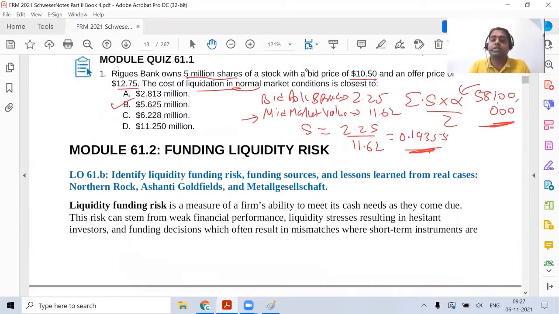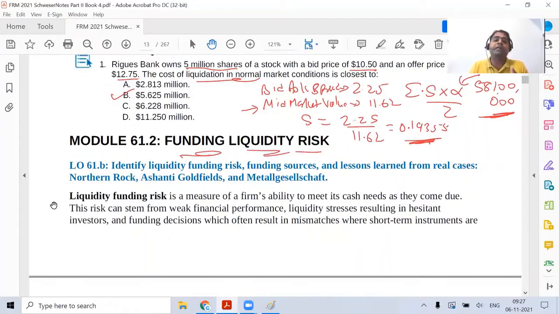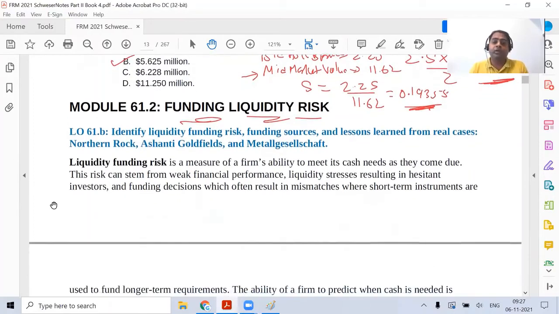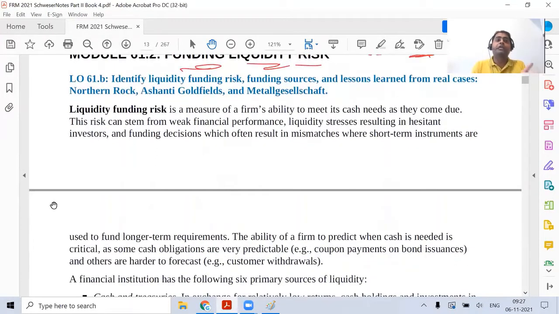Let us move towards the next concept, which is funding liquidity risk. We talked about trading liquidity risk. Now we're moving towards the funding liquidity risk section. Funding liquidity risk means primarily we do not have money available to pay back our bills. Our creditors are standing at the door and we do not have a sufficient amount of money. That means we do not have the ability to meet our obligation requirement. If the company is having weak performance, then obviously the liquidity stress is going to be there. In the 2007-8 crisis, companies faced liquidity risk because there was a very big mismatch with respect to asset and liability.